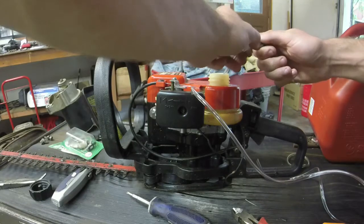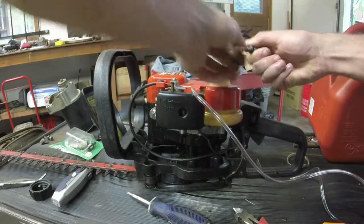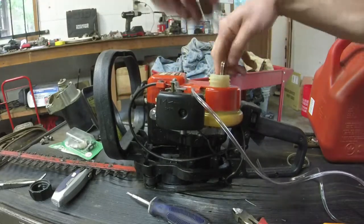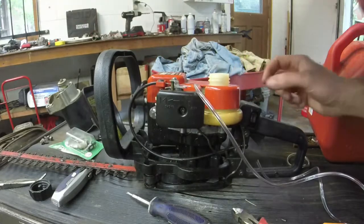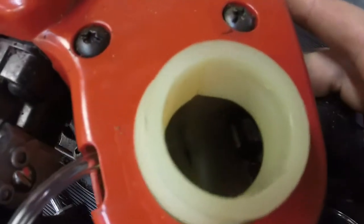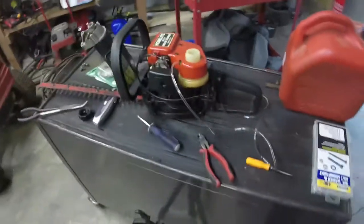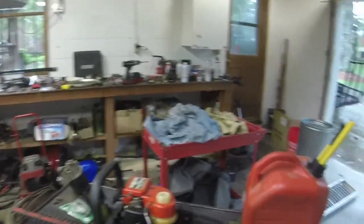And I don't know exactly what that does. I guess it almost acts like a little fuel clamp. And the goal is exactly what it just did. So pop it down there. You see it's resting at the bottom of the tank. The tank actually is deeper at that portion as well. So if the tank is not even on the bottom, you want it in the deeper portion so that it picks up the gas the best. And now